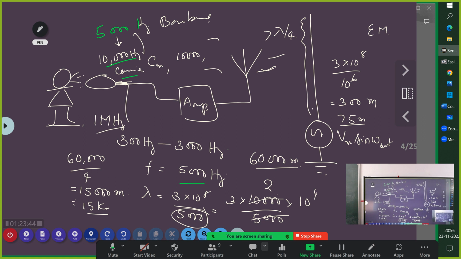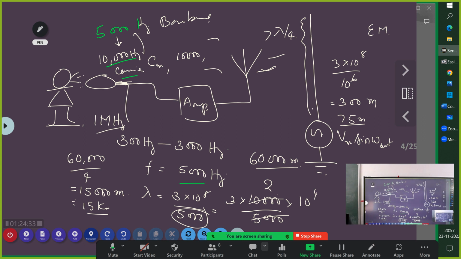A theoretical study of the radiation of a linear antenna of length L shows that the power radiated is proportional to (L by lambda) squared, where L is the length of the antenna and lambda is the wavelength. This implies that for the same antenna length, the power radiated increases with decreasing lambda, that is, increasing frequency. Hence, the effective power radiated by the long wavelength baseband signal would be small. For a good transmission, we need high powers, and hence this also points to the need for using high frequency transmission. Correct? Lambda is the wavelength corresponding to the highest frequency in the baseband. Next aspect is